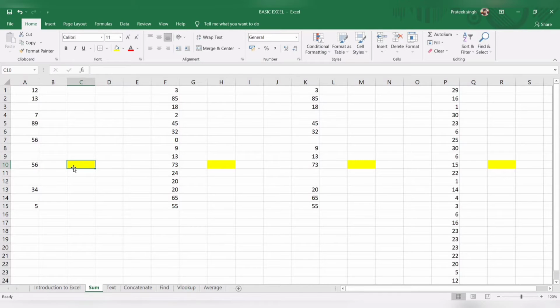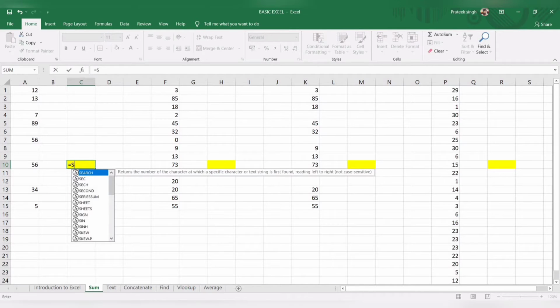So all I have to do is just go in this cell and press the equals sign and just enter SUM. So you can see it is showing sum. So guys, always make sure whenever you are entering any function, after typing that function, you have to press the tab key. So here I will press the tab key